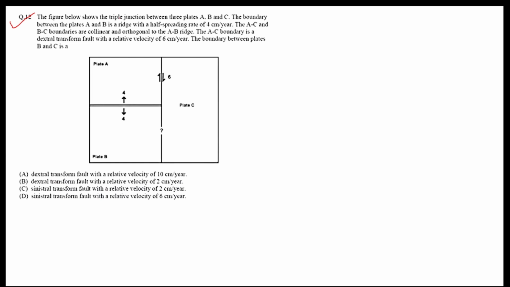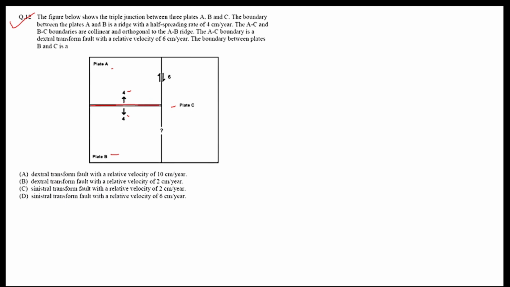The figure below shows triple junction between three plates A, B, and C. The boundary between the plates A and B is a ridge with half spreading rate of 4 centimeter per year. Okay, A and B, they both have half spreading rate. That means why half spreading rate? Because they are divided by a spreading